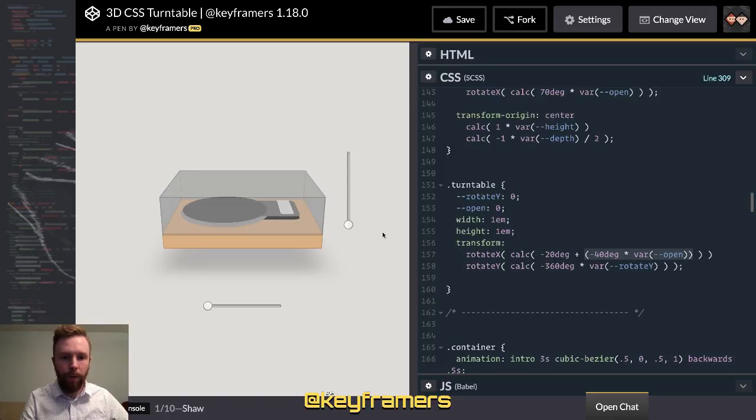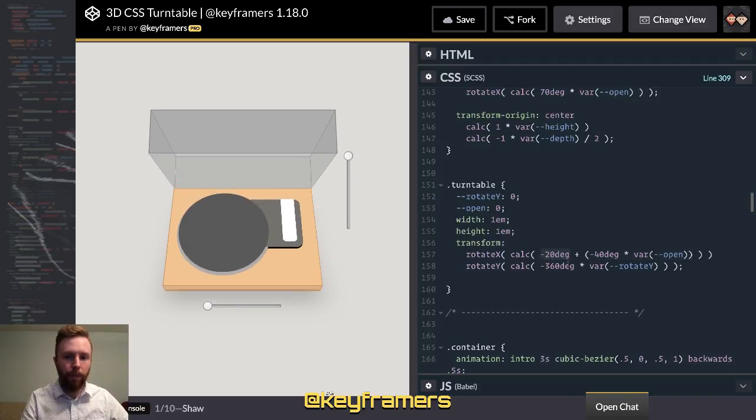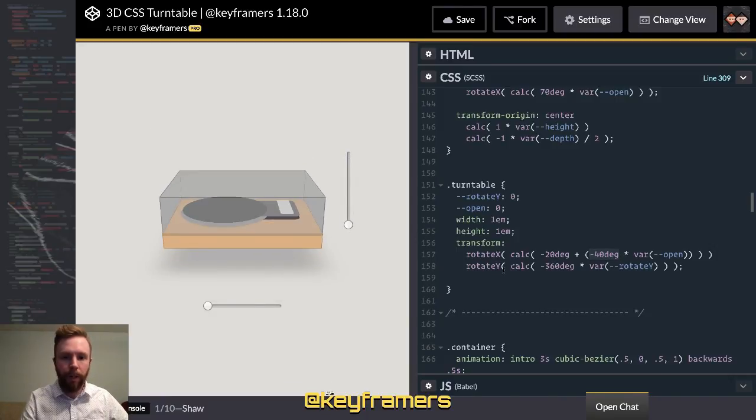So when open is 0, we're just at negative 20 degrees. When open is at 1, we're at negative 60 degrees because we've got negative 20 plus negative 40. That's where that goes. And then the rotate Y is right here,